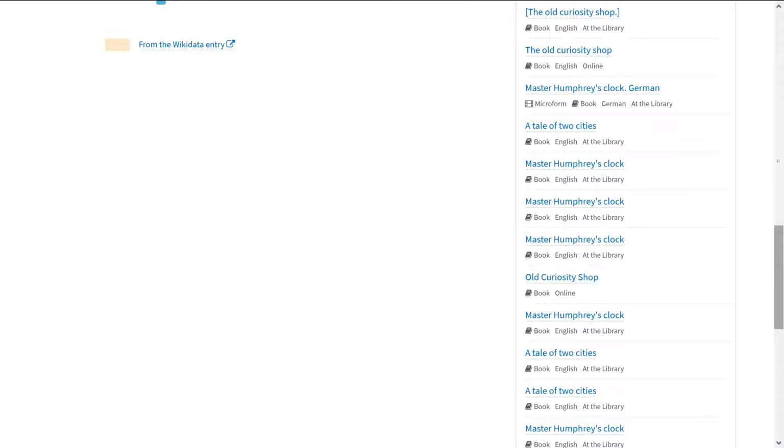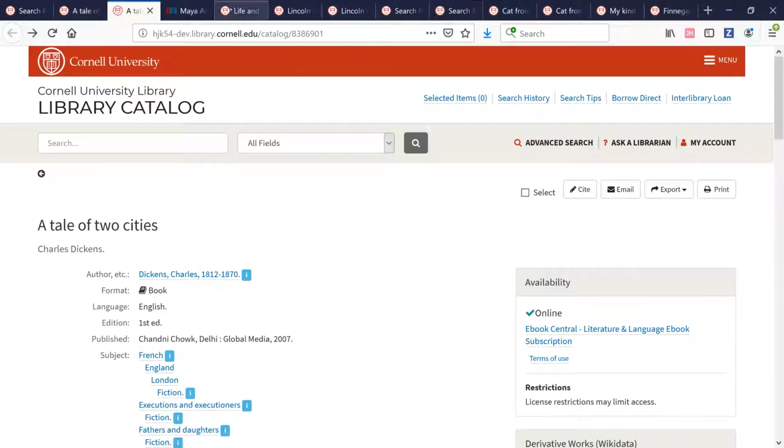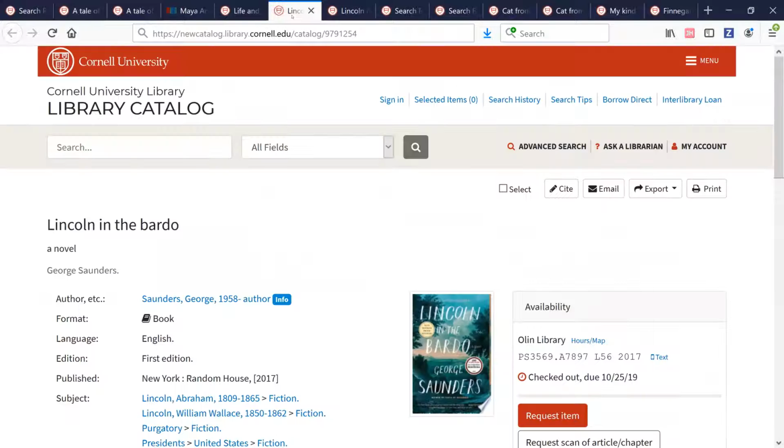I did also want to point out for the Wikidata information, for this particular work, it is also going out to Wikidata and getting derivative works and notable additions, and you can open any of those in Wikidata itself. So also to kind of highlight